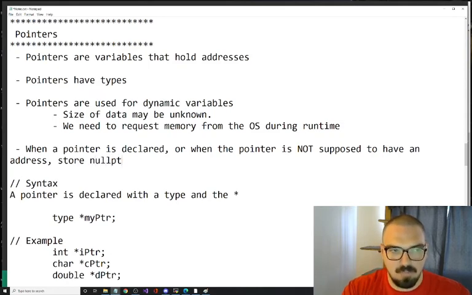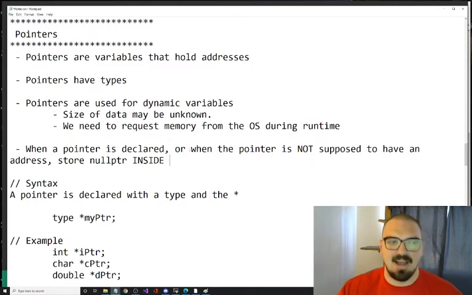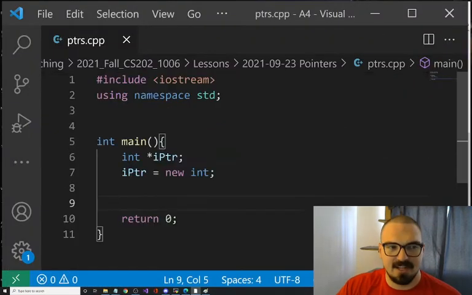Store null pointer inside. All right? When a pointer is declared, or when the pointer is not supposed to have an address in it, store null pointer inside. Now, why is this? Look at this here.